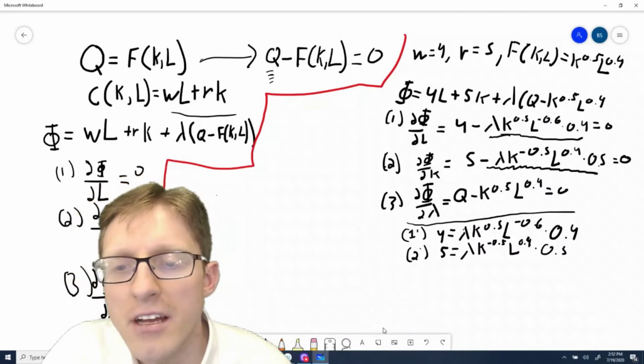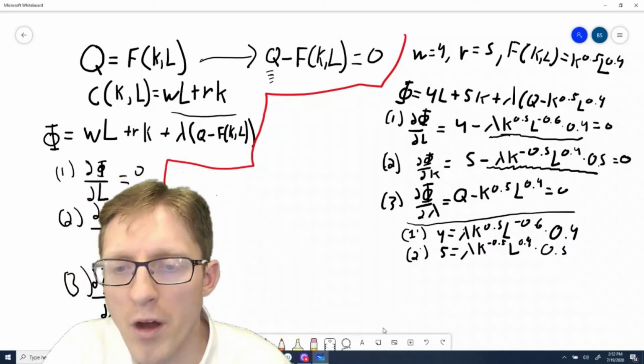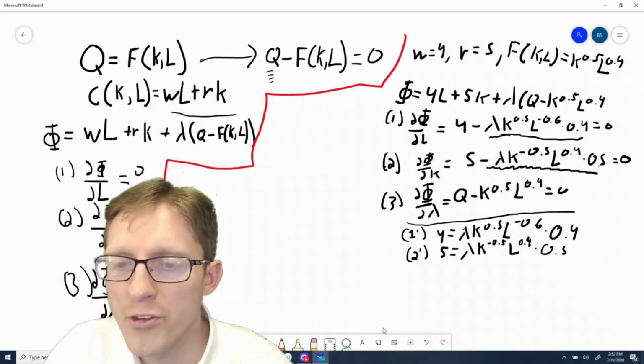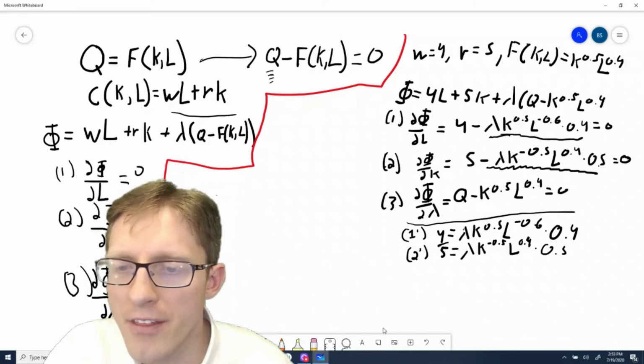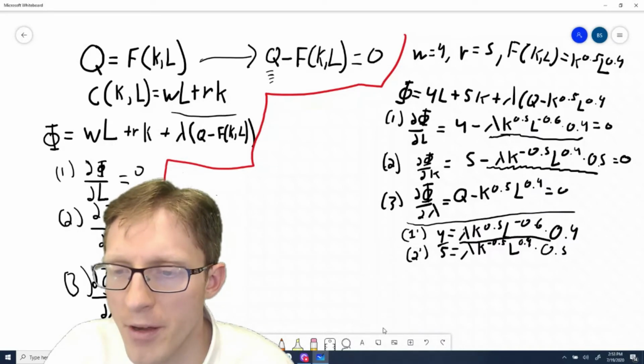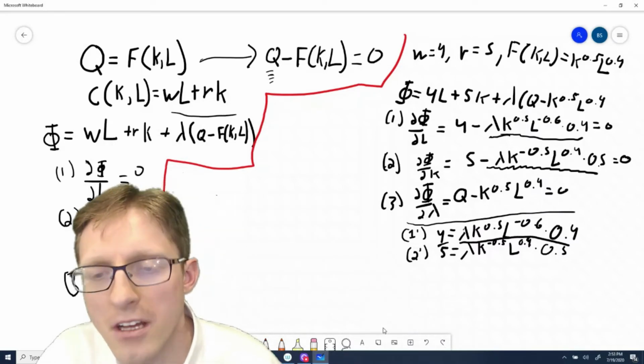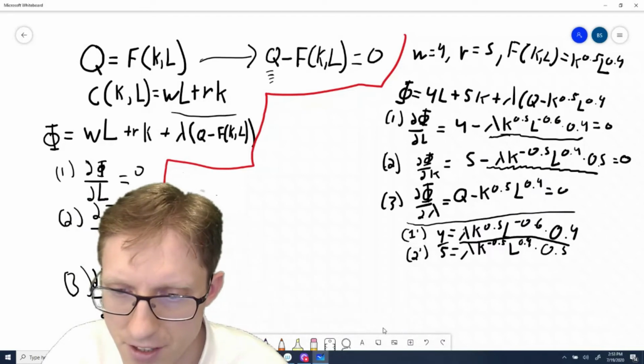We can say that 1 prime divided by 2 prime should hold. So that we take the left-hand side of 1 and divide it by the left-hand side of 2. That should be equal to the right-hand side of 1 divided by the right-hand side of 2. Okay, so that's going to give us